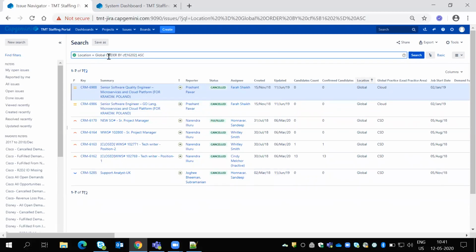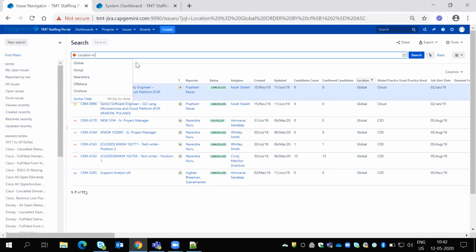You can write it like project is equal to calls, or issue type is equal to task, or assignee person is equal to this, status is equal to open. Same way you can write it based on a custom field, like location is equal to global. So when you write location not equal to global, except global, all the remaining will come. If I want global and some extra one, I write location in, or location is something. We'll discuss all these steps. So equal to means single, not equal means except that, all the remaining will come.